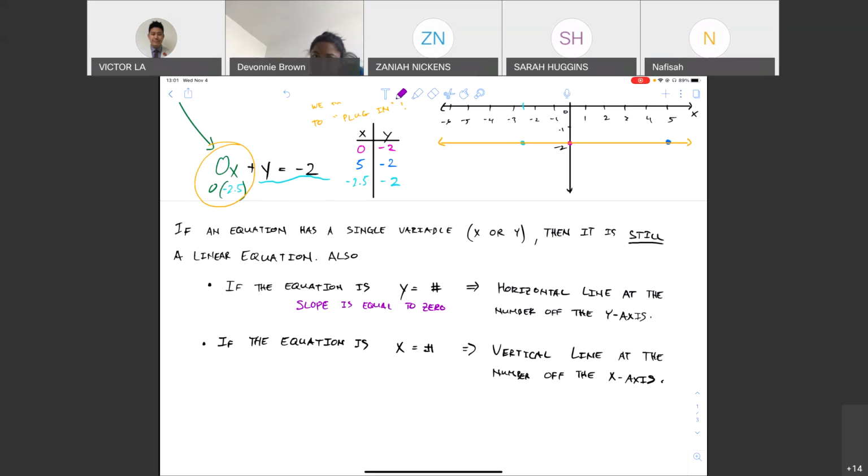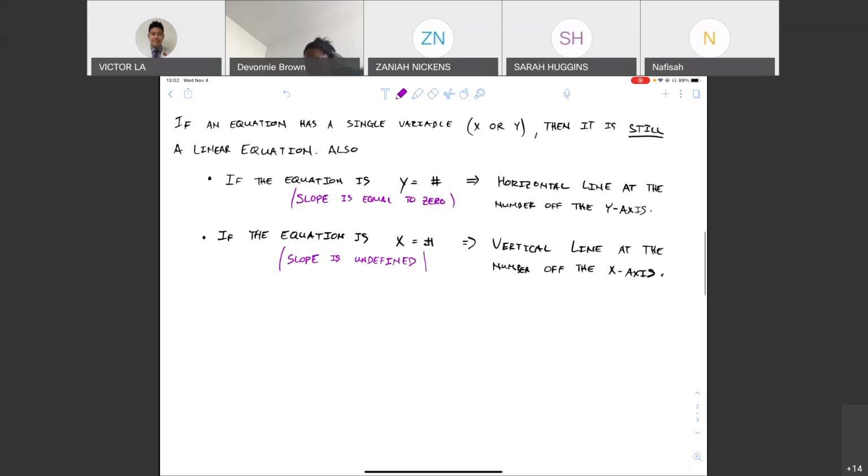number off the x-axis, whatever the number that is, right? I'm going to write slope is undefined. And we will talk about these concepts next week because we're definitely not going to reach it today. But just keep that in the back of your head. I'll even put in parentheses. But everything in black, though, is absolutely true, which means that if I scroll down and I say really quick,